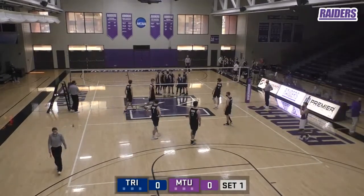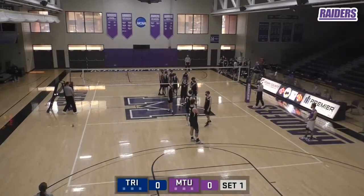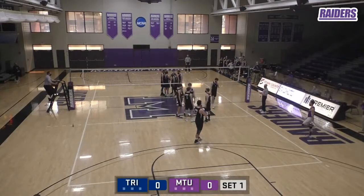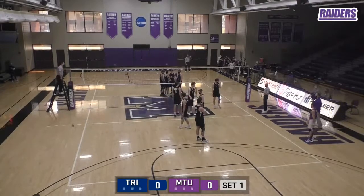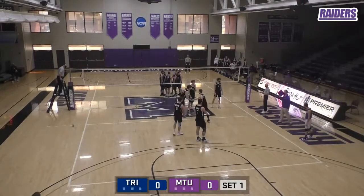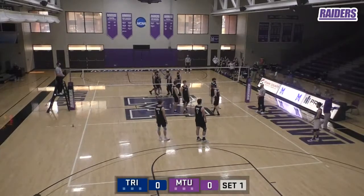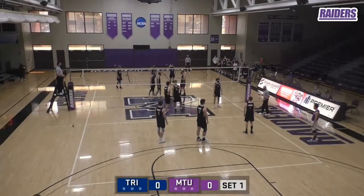Great matchup today. Visiting Trine, 7-3, currently sitting second in the conference in the Midwest Collegiate Volleyball League, and the host Purple Raiders sitting at 8-2, 4-2 in the conference, and currently sitting fifth. We should be in for a great matchup today. Last time out for both teams, 3-0 sweeps for the Raiders. Earlier this week, a 3-0 sweep of Mount Vernon Nazarene. And for Trine last Saturday, a week ago, or Sunday, I should say, they had a pair of 3-0 sweeps